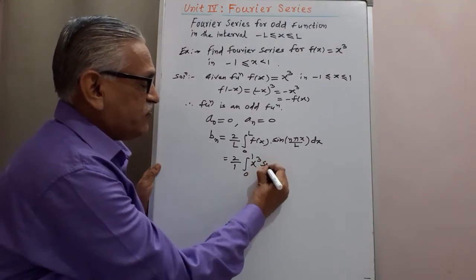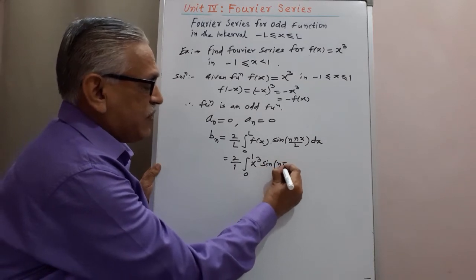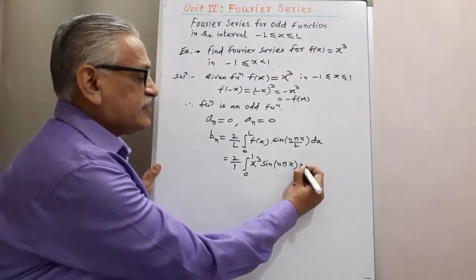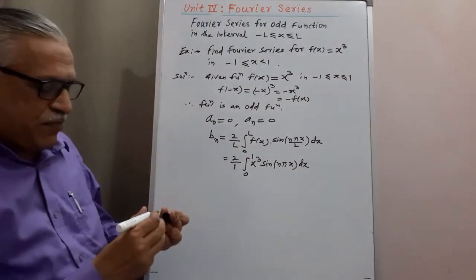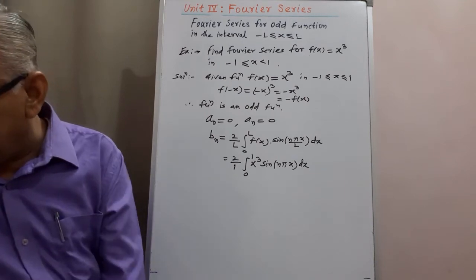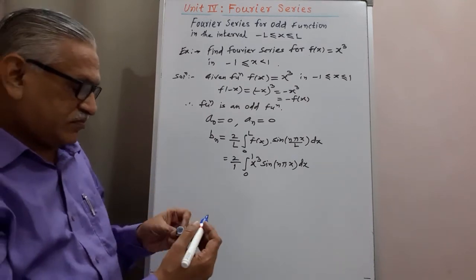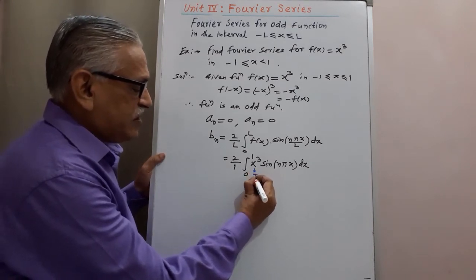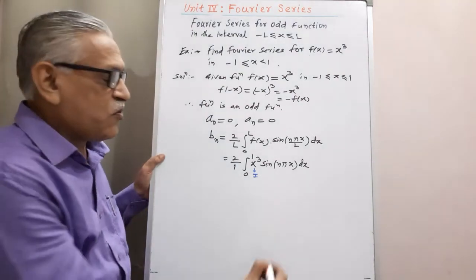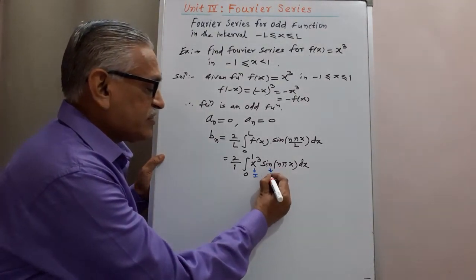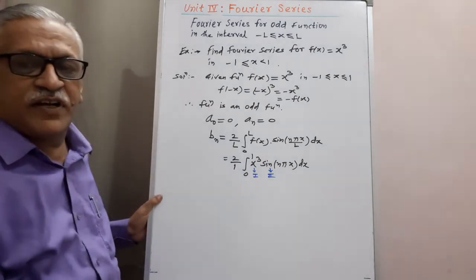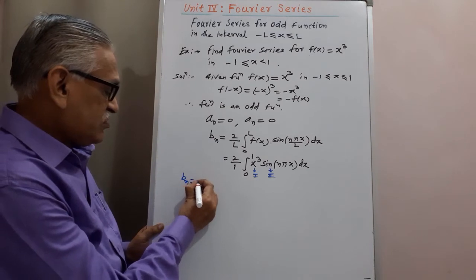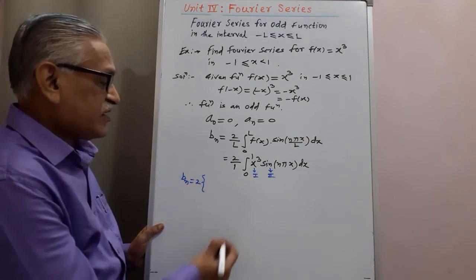and sine of n pi x divided by 1, means we get sine of n pi x, and its integration with respect to x. Performing integration by generalized parts, x cube is an algebraic term, therefore we consider this as the first one, and sine as a trigonometric term, therefore we consider that as the second one. Therefore integrating it by generalized parts, we get bn is equal to 2 times the first term as it is,